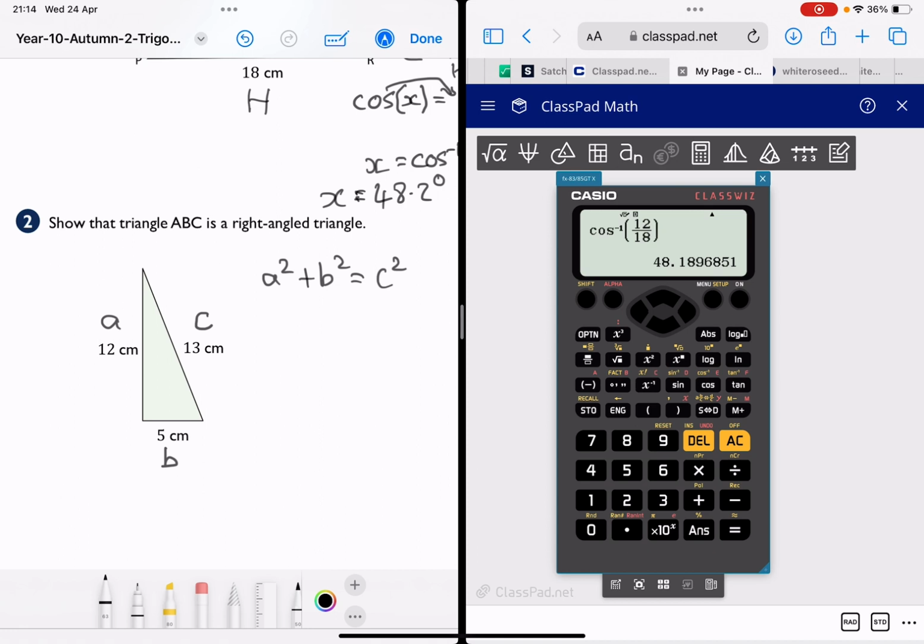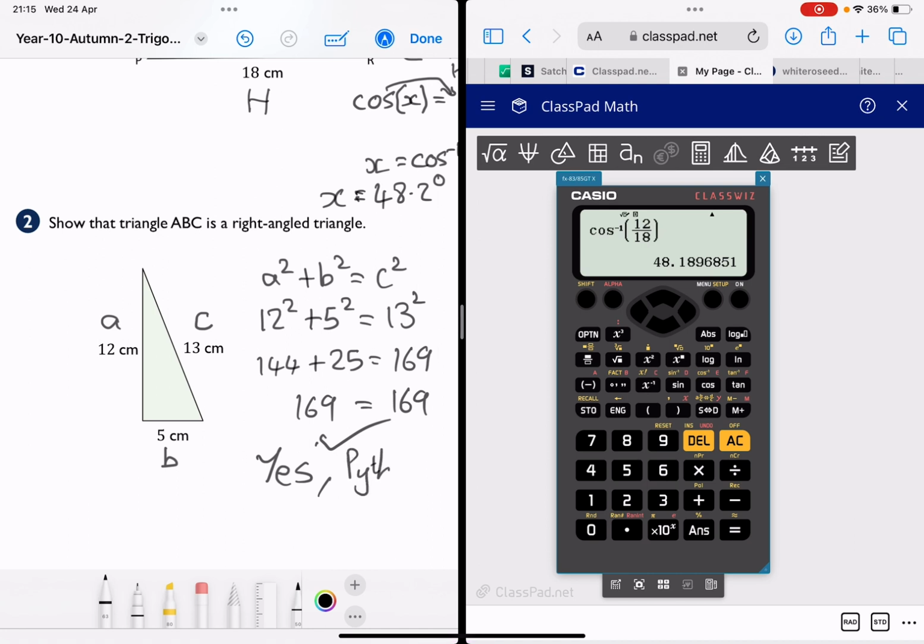So now I'm going to substitute in. So if it is a right angle, then basically 12 squared plus 5 squared would equal 13 squared. Well, 12 squared is 144. 5 squared is 25. And we should know that 13 squared is 169. Well, 144 plus 25 is 169. And as these things equal each other, yes, big tick,